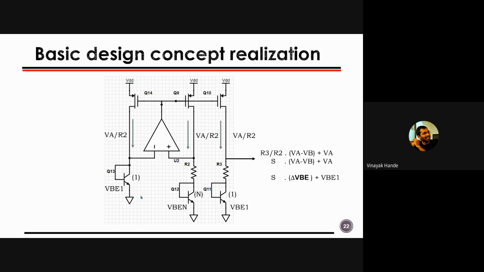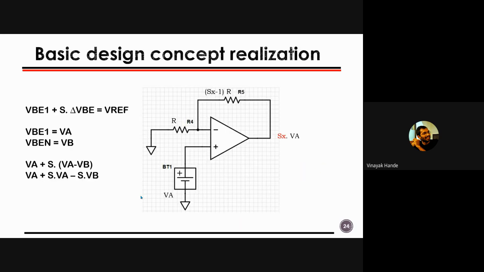This is the one approach where we can go from concept to circuit. Another approach we'll see, that is also quite interesting. We know the equation we wanted to realize, this VA plus S into VA minus S into VB, right? Then again, S into VA is nothing but amplification, right? Then I can straight away pick one operational amplifier and select the value of resistor like Sx minus 1. Actually, it is Sx I have written. Anyways, Sx minus 1 into R divided by R, then I'll get amplification by the factor of Sx,